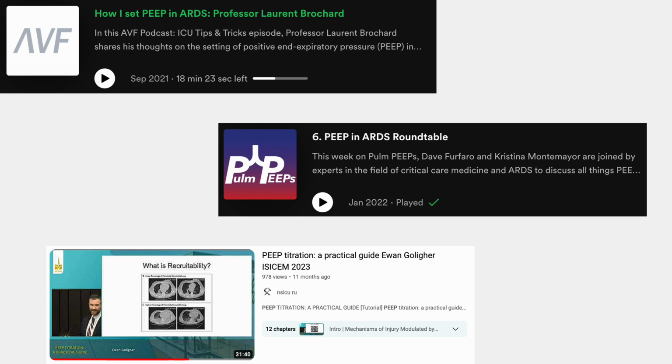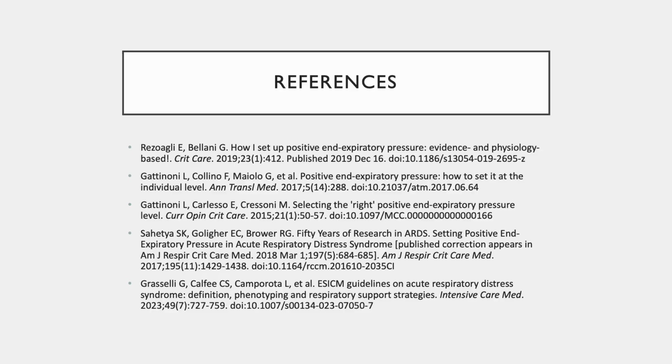So this slide shows some podcasts and some YouTube videos that I've actually found fairly helpful in the review of this topic, and these are resources that you could consider looking at. And these are some of the references of some of the key important studies and review articles that were used in the